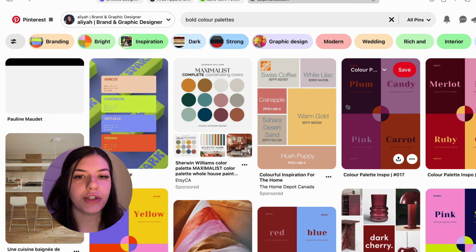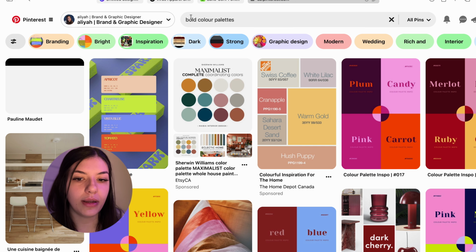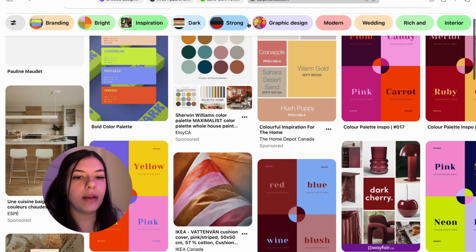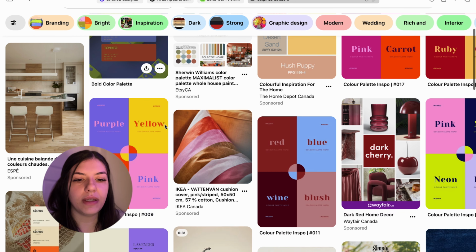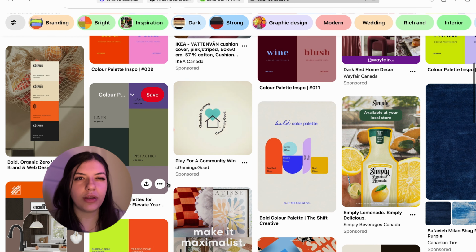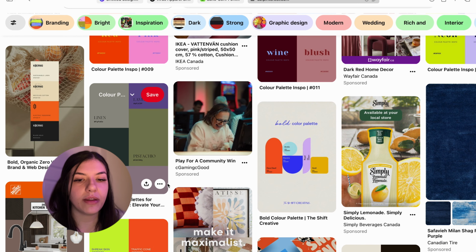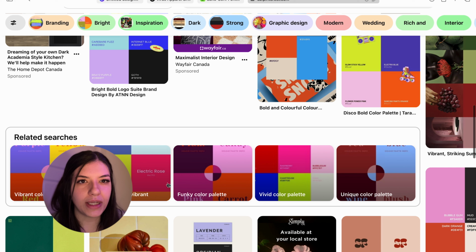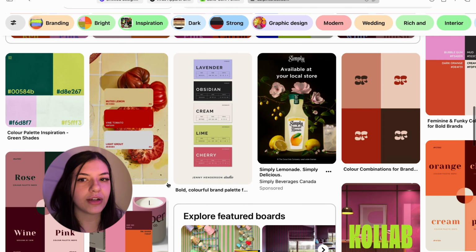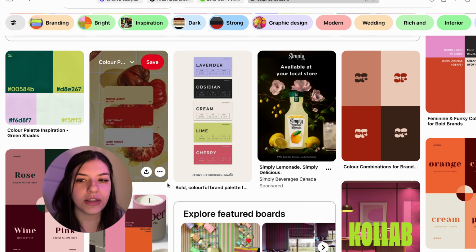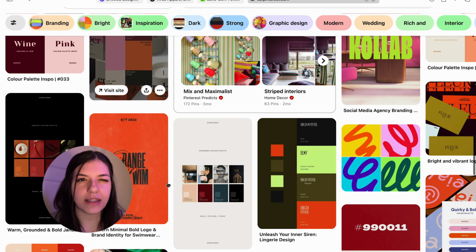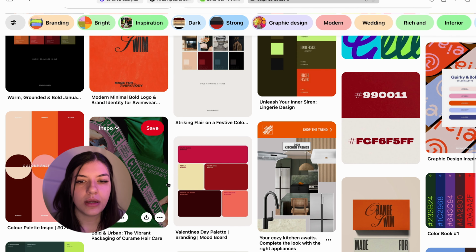So I just went ahead and searched bold color palettes on Pinterest. I'm gonna go ahead and just copy and paste the images of the color palettes that I think we can use some of their colors from to throw together our own color palette. It'd be a really cool idea to just use the primary colors. I think that actually might be what we're going for. That just came to my head, but let's roll with it. I think that's going to be a really cool concept.